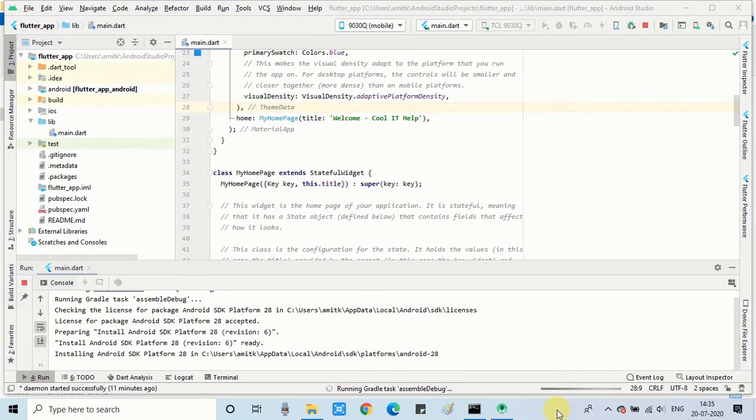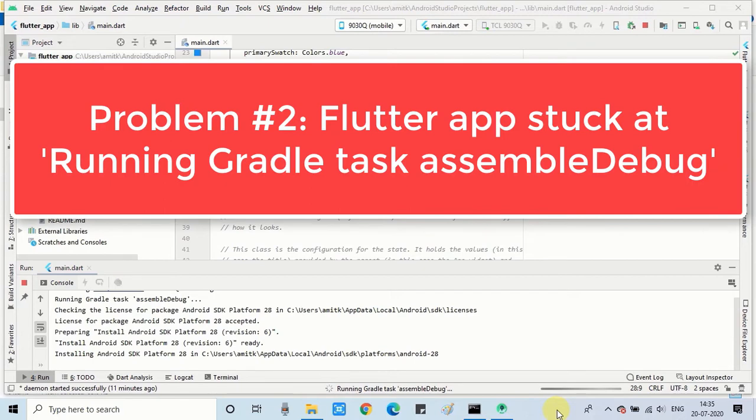I would like to tell you one thing. If everything is fine, then your application will be deployed and start running on your device. If it is not running and the console is showing a continuous message and going indefinite waiting time, then guys, we have to apply one fix. That means something is missing and some problem is there in Android SDK. To fix that, we have to follow this step.